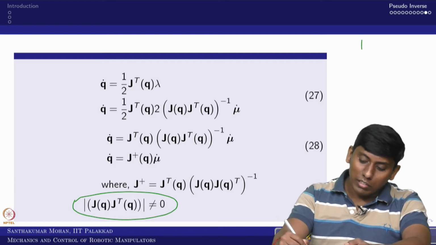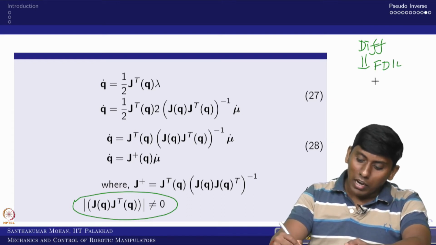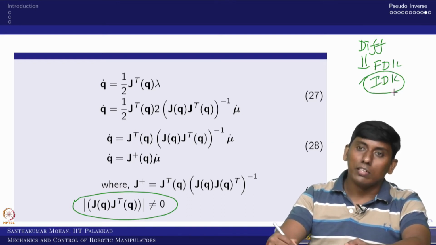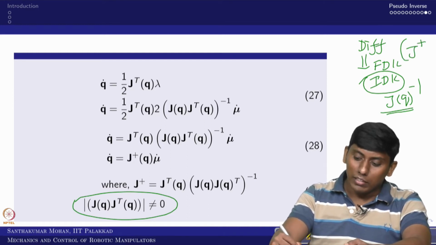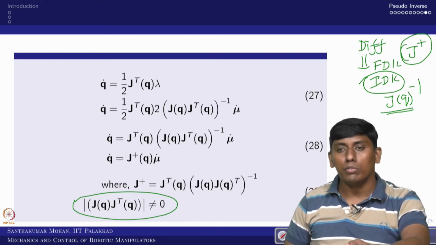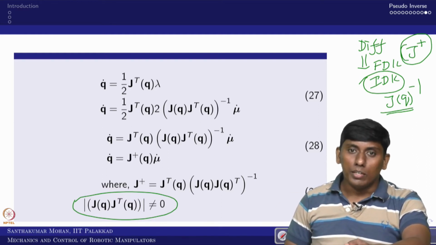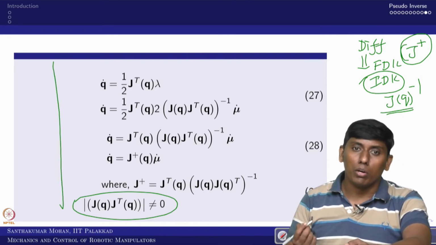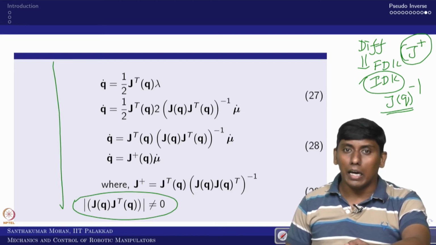In the other way around, in this class we have talked about differential kinematics. In that we have seen forward differential kinematics and inverse differential kinematics, where j of q inverse is coming. If the j is a rectangular matrix, you have to use the pseudo inverse, and in this class we have seen what pseudo inverse form we can use. In the sense Moore Penrose we have used, and we have explained in detail why it is left inverse and right inverse. This detailed explanation is available in one of our previously conducted NPTEL courses. I will probably provide the link in the handout. You can go through it in detail and then come back, okay.